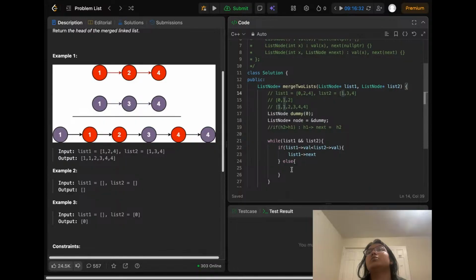So what do I do? Okay, let's make use of this dummy node. So my current pointer is at a dummy value, like a dummy value added over here, and the next